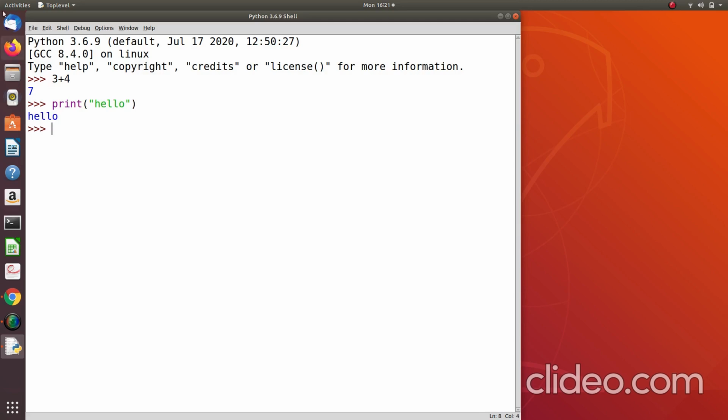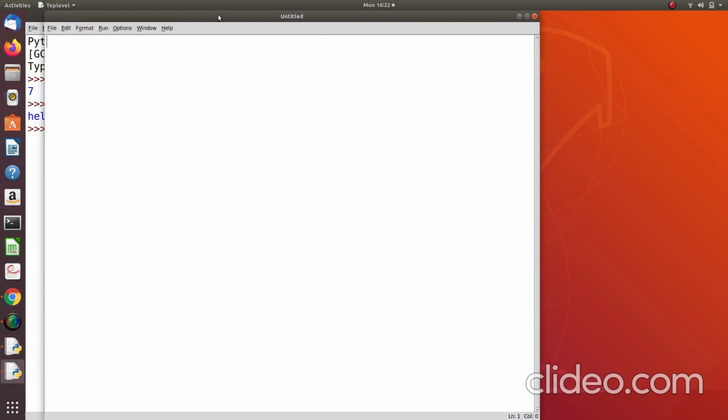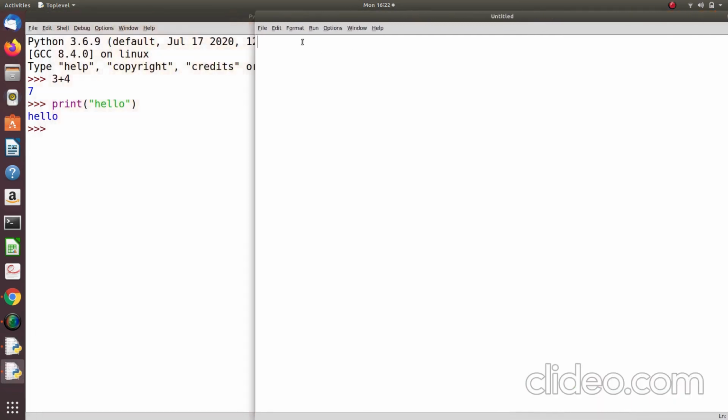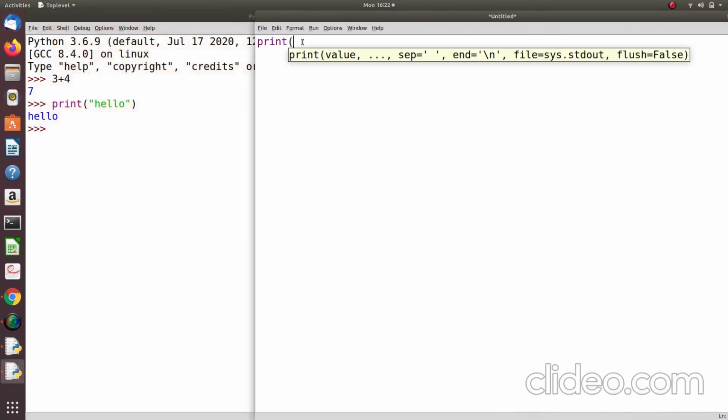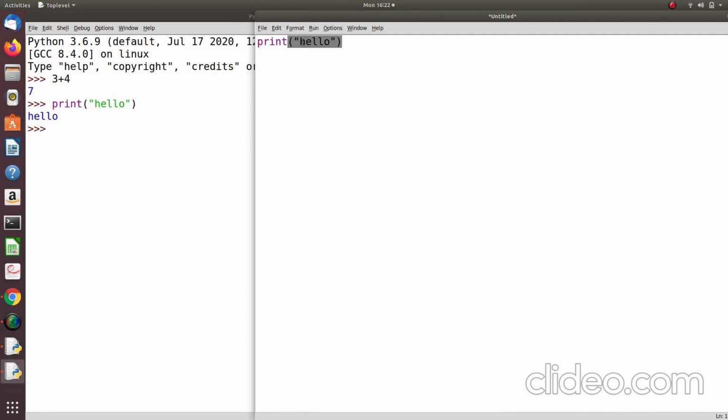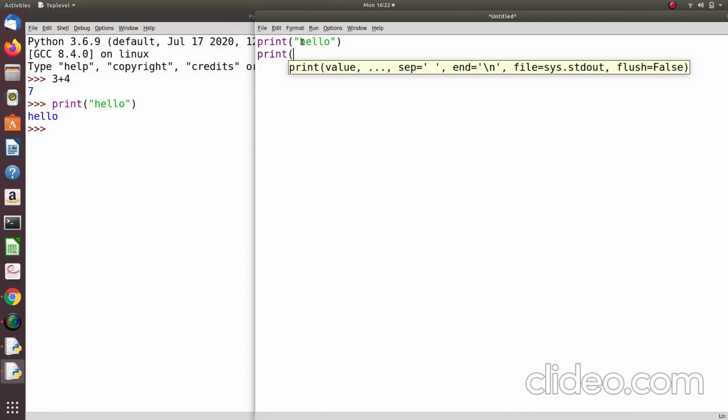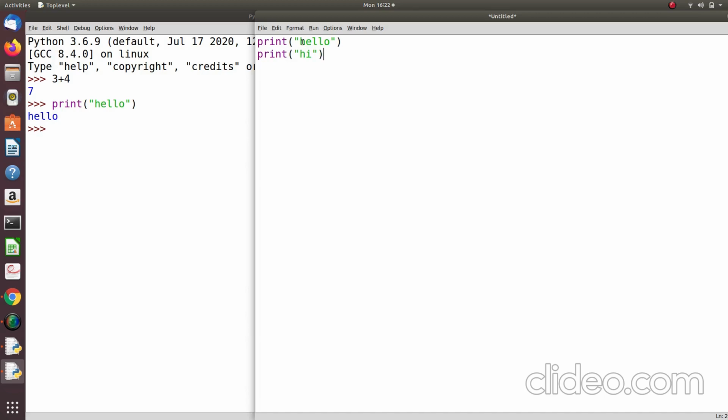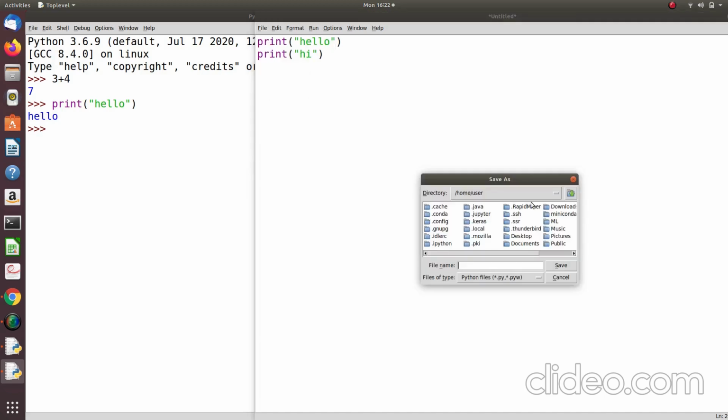In that case, we have to take a new file. Here you can write the code: print hello, print hi, and obviously we have to save this.